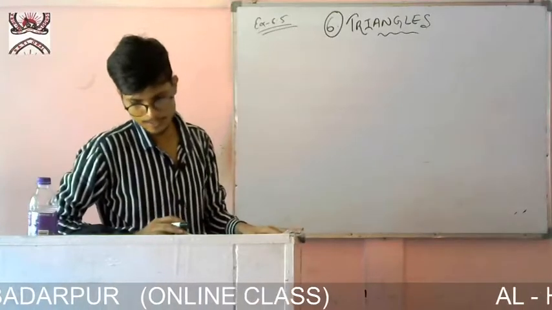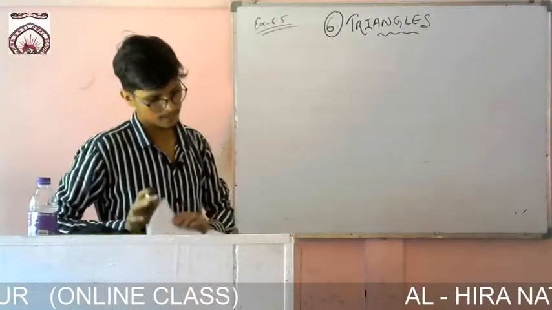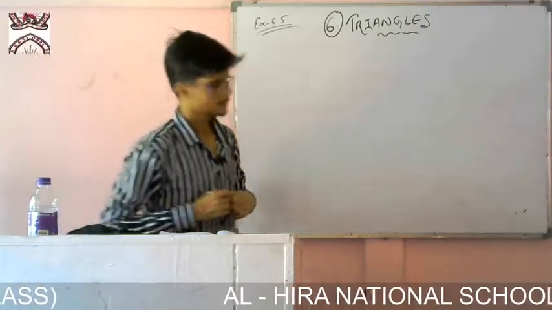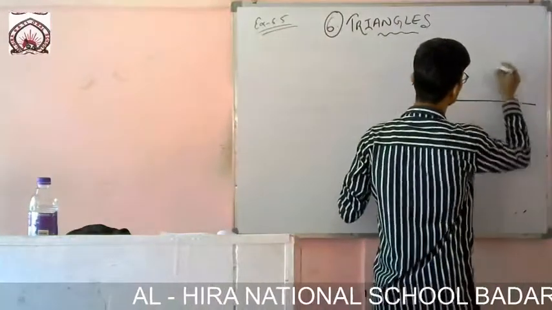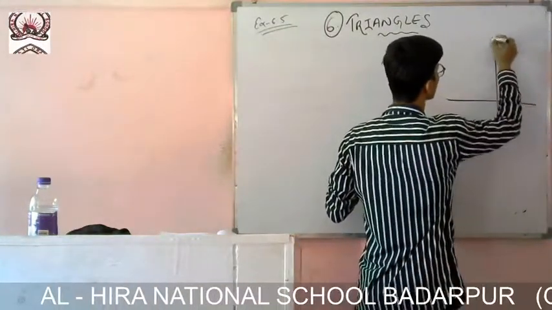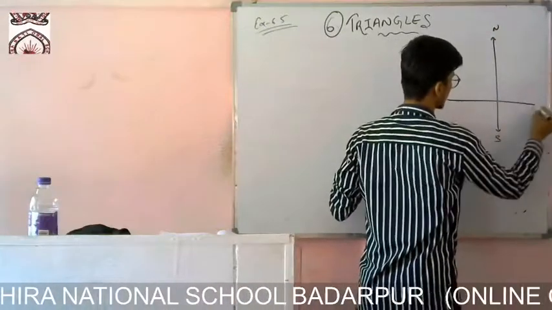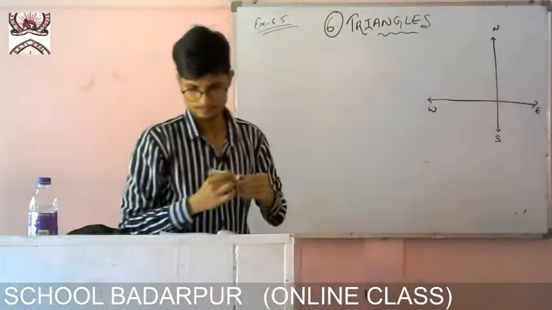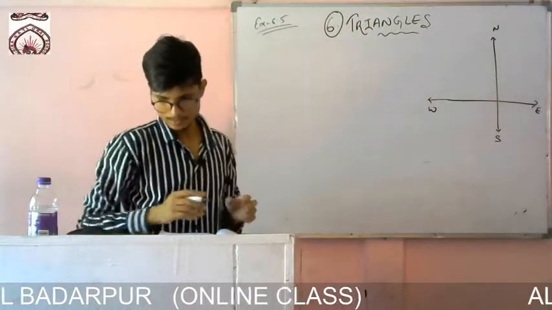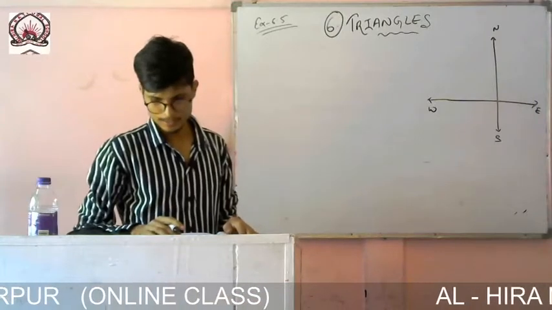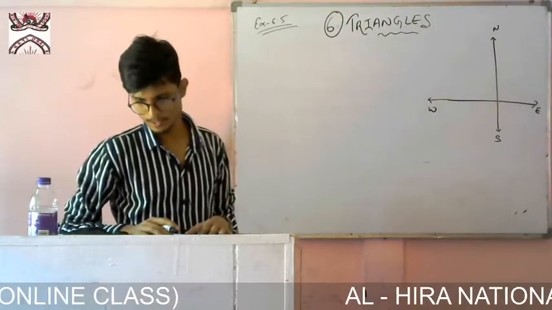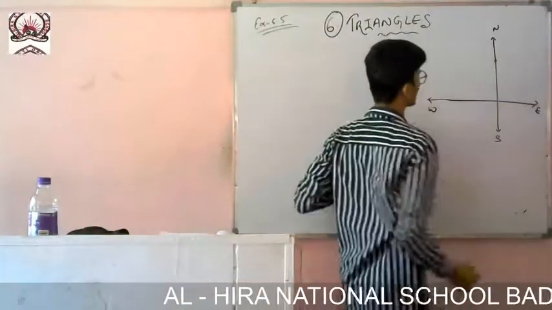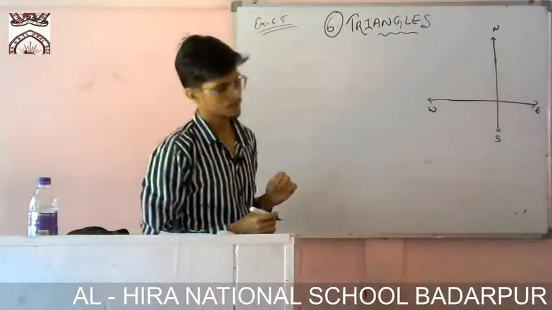So what is given? An aeroplane leaves an airport and flies due north. Okay, so let me first of all give the direction. This is north, this is south, this is east, and this is west. So what is given? That an aeroplane travels due north at a speed of 1000 km/h. So it travels in this direction. Somewhere there it will be. Okay, let me give it as a point.